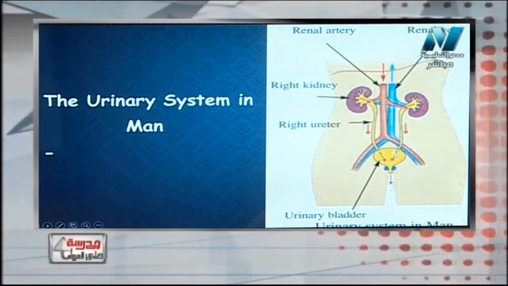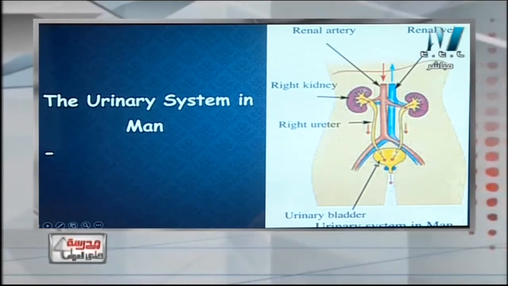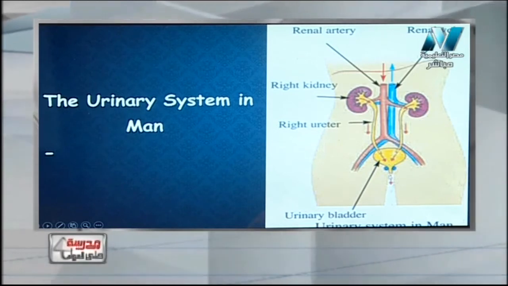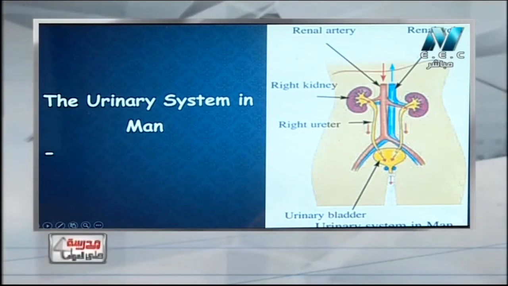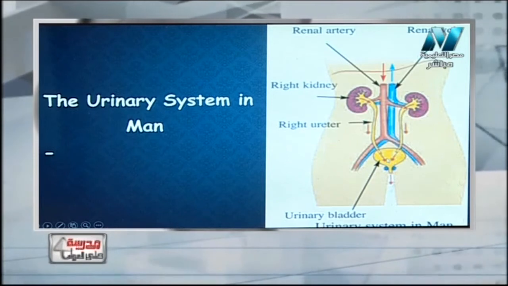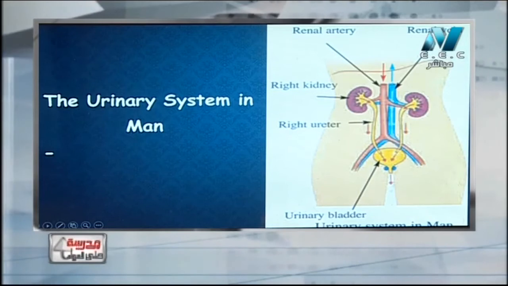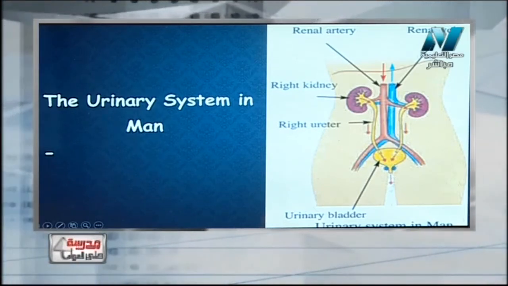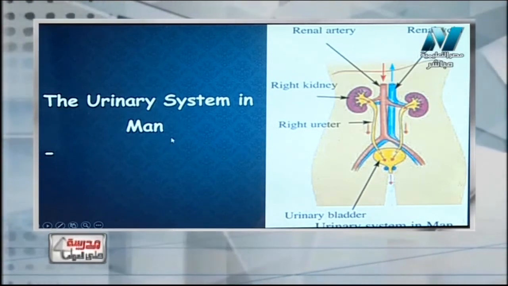The ureters pour the urine into the urinary bladder, which is a wide sac that collects the urine until it is expelled out of the body through the urethra and sphincter muscle, which stores the urine for a while. Again, 2 kidneys, 2 ureters, urinary bladder, urethra, and sphincter muscle through which the urine is expelled out of the body.